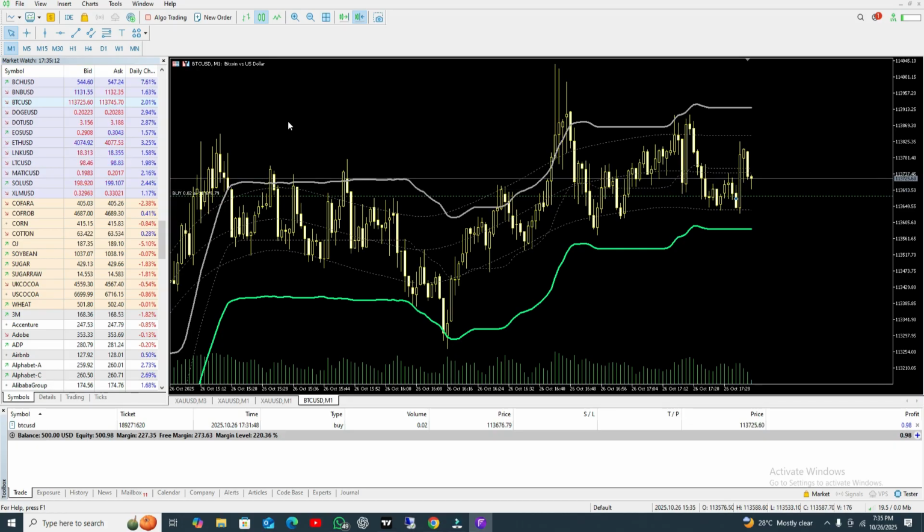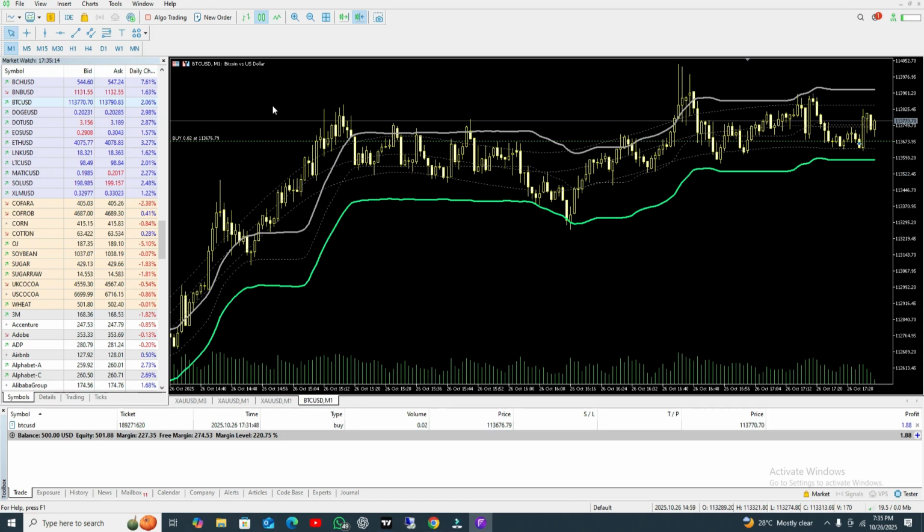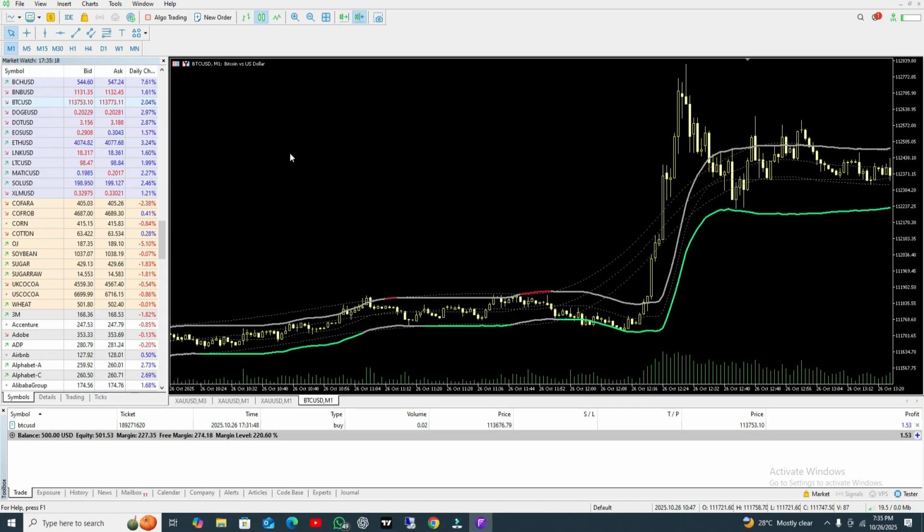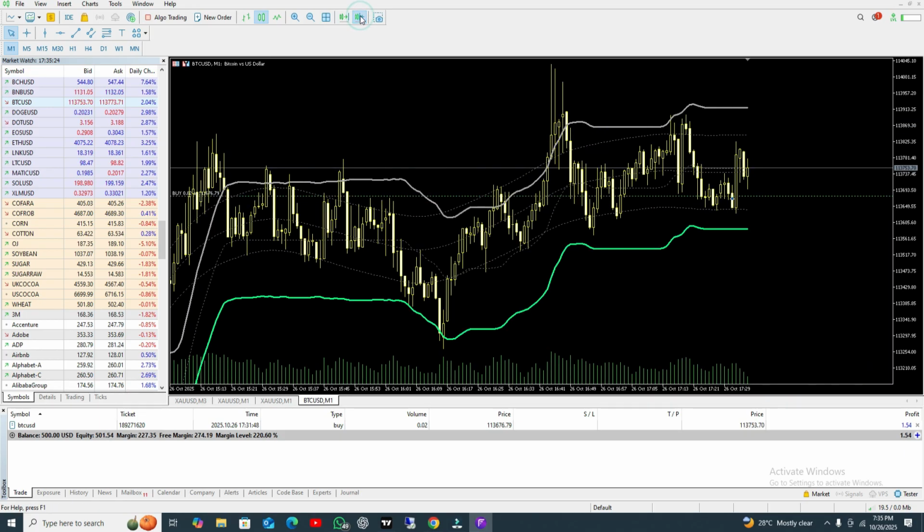This is the best MT4 indicator, and here you can see today is Sunday, so I cannot show you the results in other markets, but I can show you the results in real BTC, and here you can see it gave you a very good result.